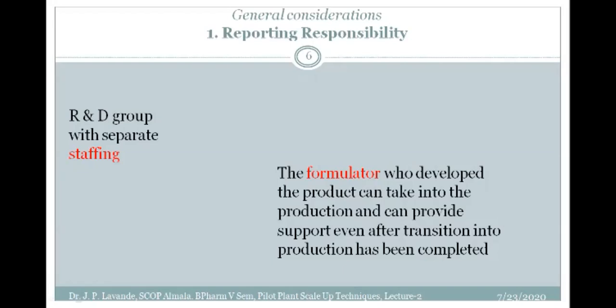Because they will know the A to Z aspects associated with the designing and the rationale behind that. Whether the same is going to be followed or adopted by the production personnel needs to be monitored and carefully evaluated. And if any transition or change is required, that should be carried out under the supervision of these two only. They should work collaboratively.